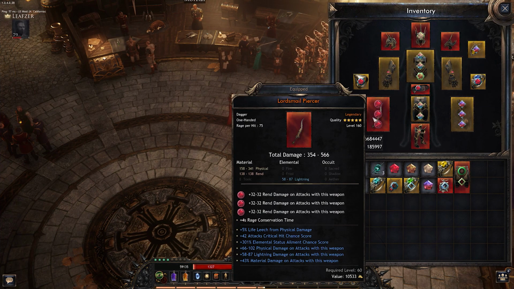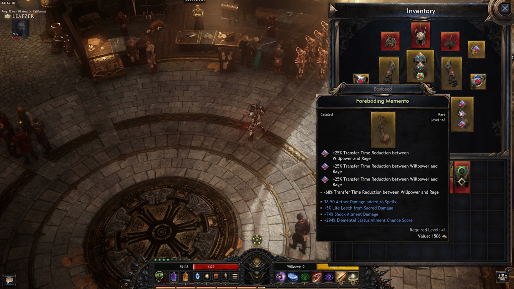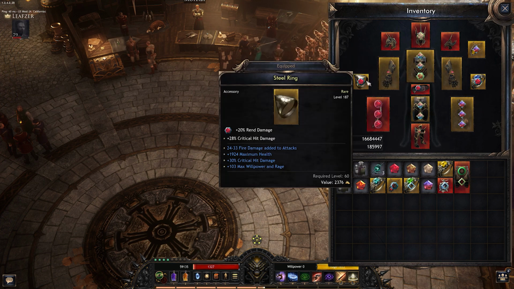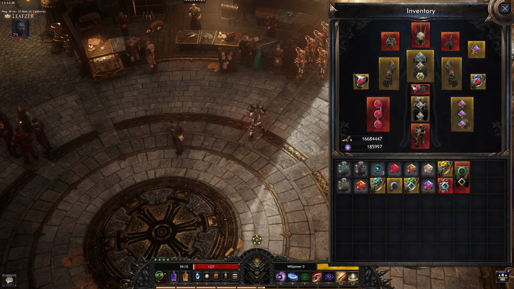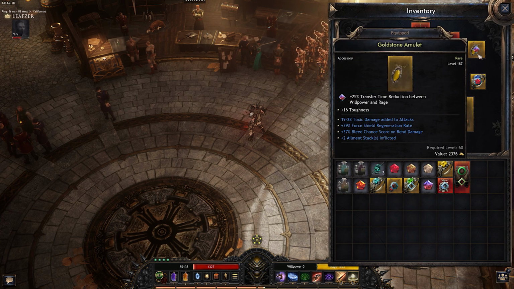For items, we want a dagger with as much damage as possible, boots with as much movement speed and toughness as possible, along with ailment chance and resist, a catalyst with Aether damage dispels, damage rings, mostly to attacks, some health and crit damage does not hurt, a belt with +2 ailment stacks inflicted, an amulet with +2 ailment stacks inflicted,